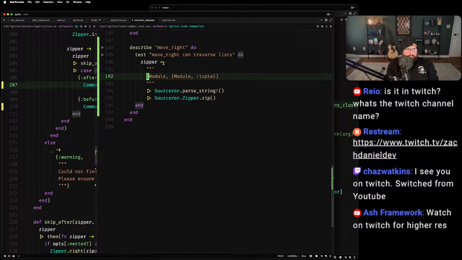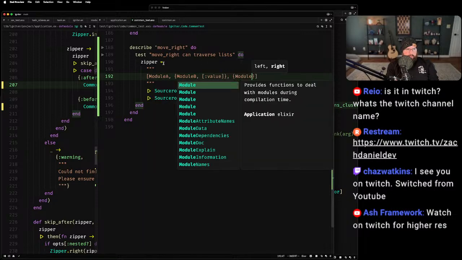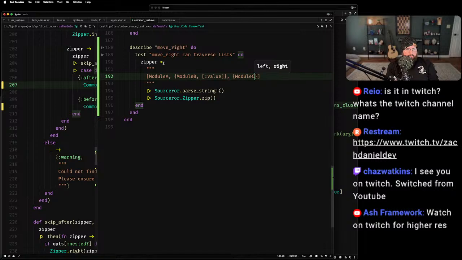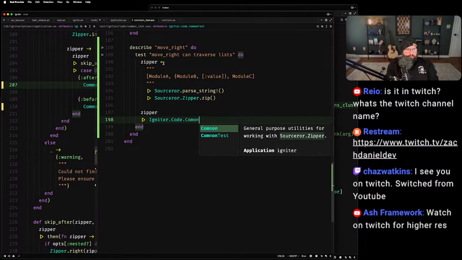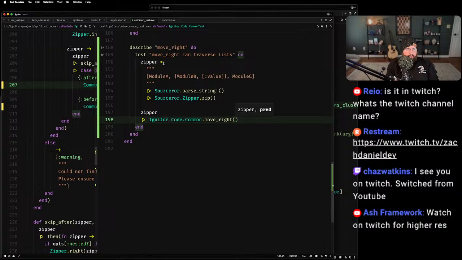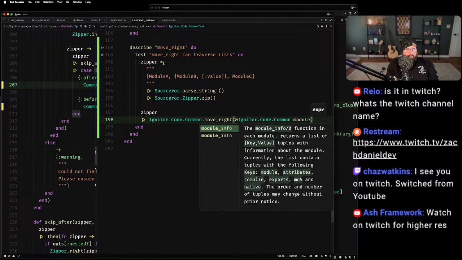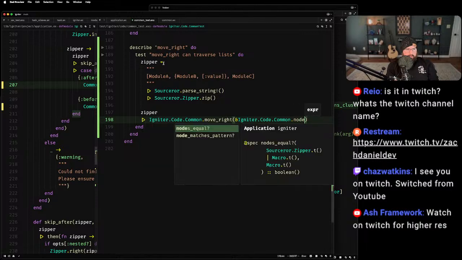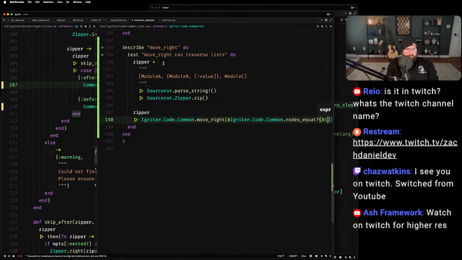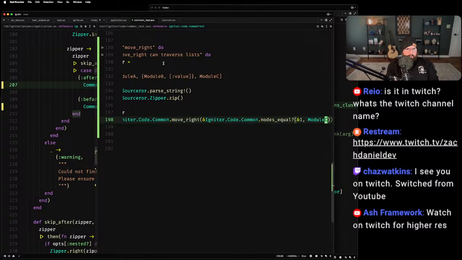We'll say module A, module B, value, module C. Sure. All right. So now if I say zipper igniter.code.common.move right, and I want to go right until I find something equal to module C.